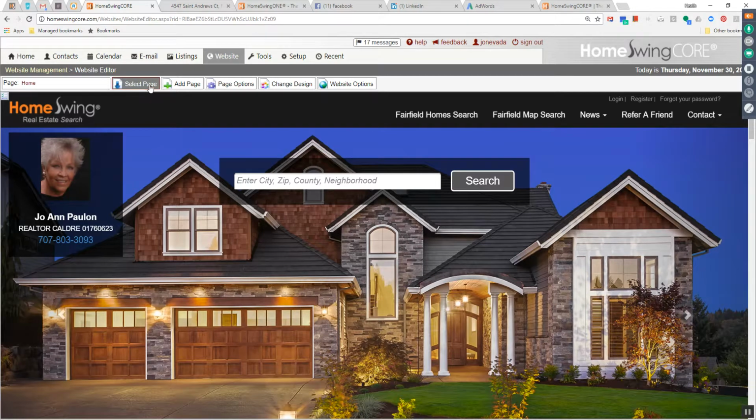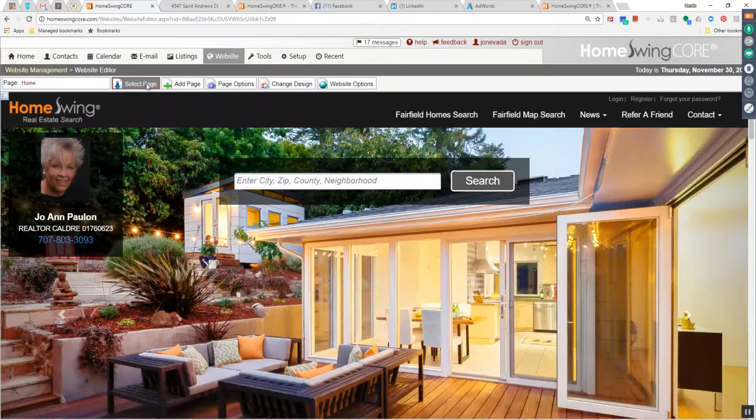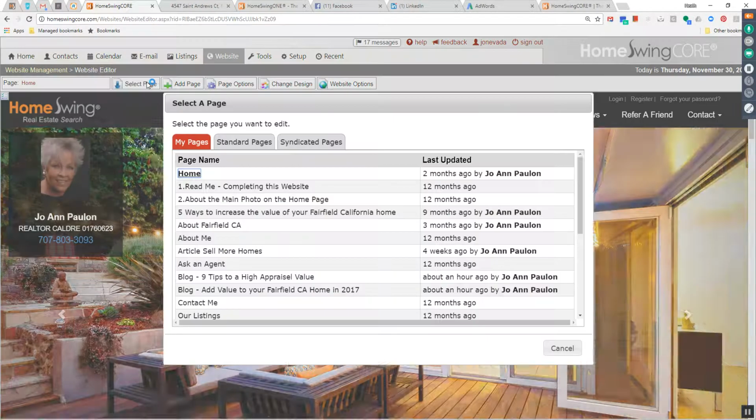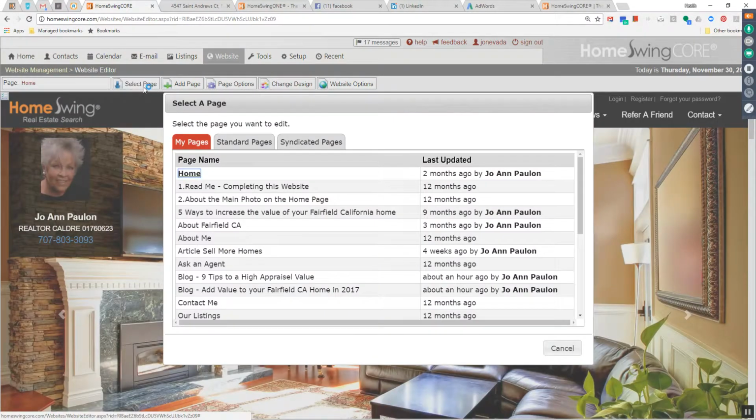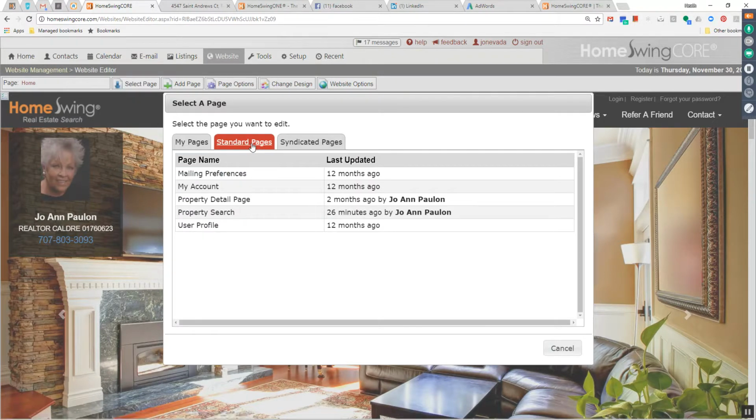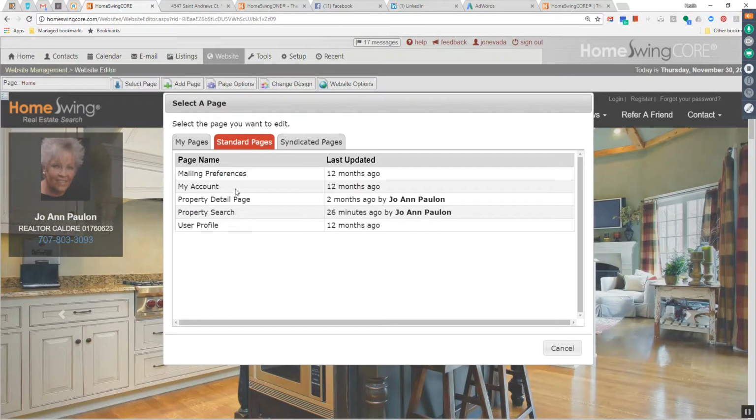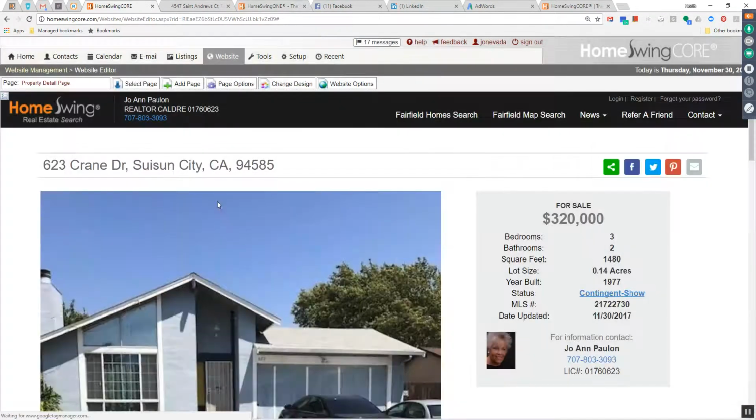Now you'll want to go to the actual page that you want to set up forced registration. Let me show you real quick on forced registration of the actual property detail page. You'll select page here to give you all of your pages, and the property detail page is under standard pages, and you'll see it's called property detail page. You'll select it,